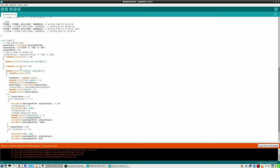Then the question is, of course, how will this be? This won't be a digital value, but an analog value. So I will have to read it. This is now digital in, and that will become, let's see,